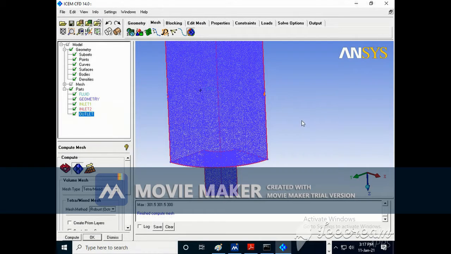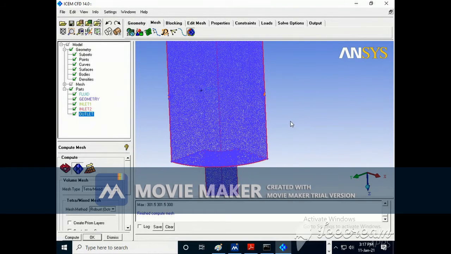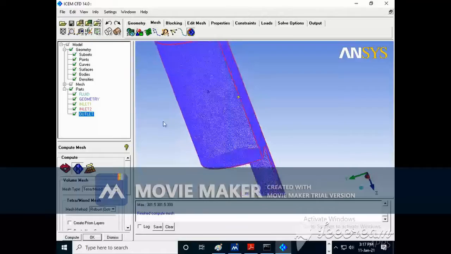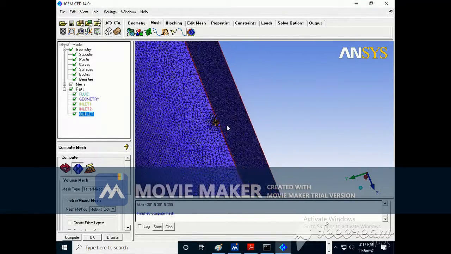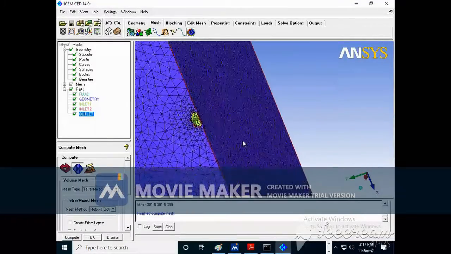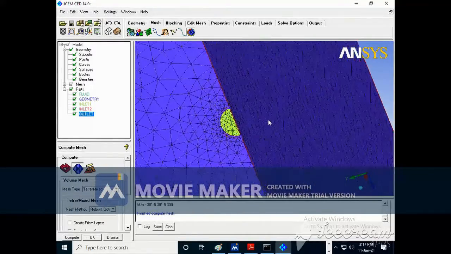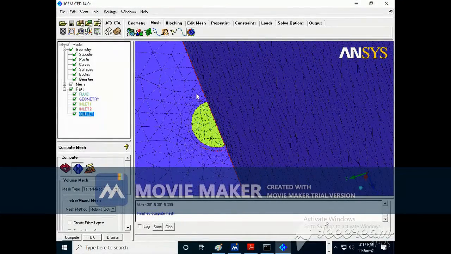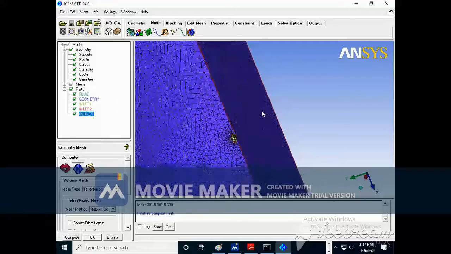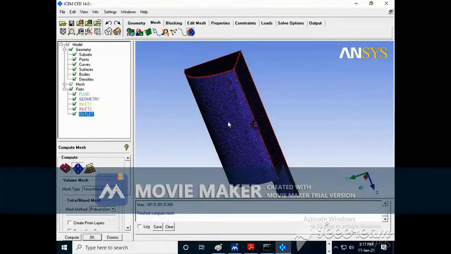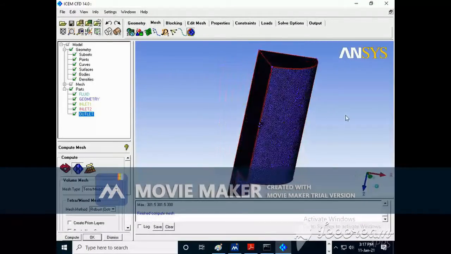Now you can see the mesh is ready, and whatever density option we created, we will make it solid, and you can see at this inlet there is a dense mesh. I am getting maximum mesh at the inlet. Now you can see the other part of the inlet.